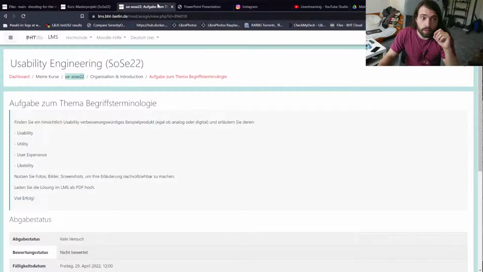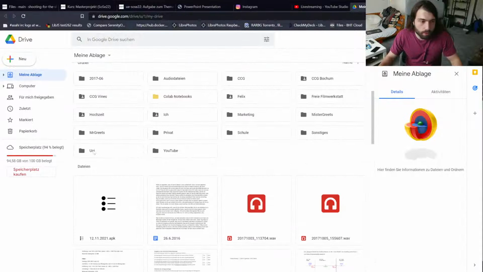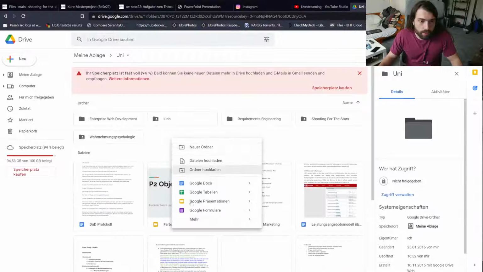So I still go to university, not full time but part time, and I am now doing a new course called Usability Engineering. I got some new coursework where I have to define the usability of a product, and I think it's a good idea to do it about Libre photos, I guess. I was talking about how a lot of people had difficulties